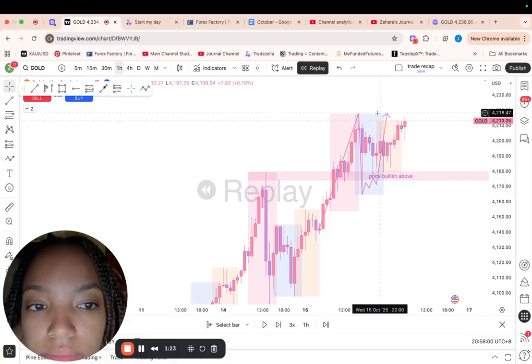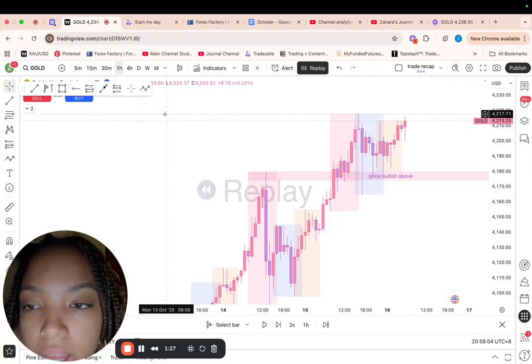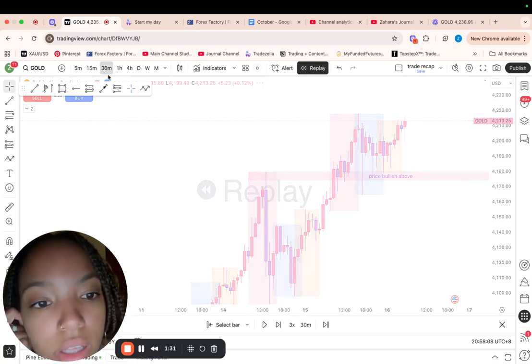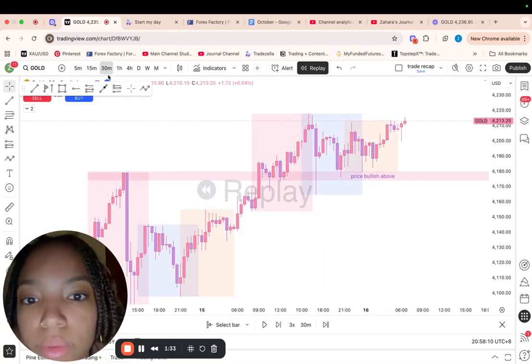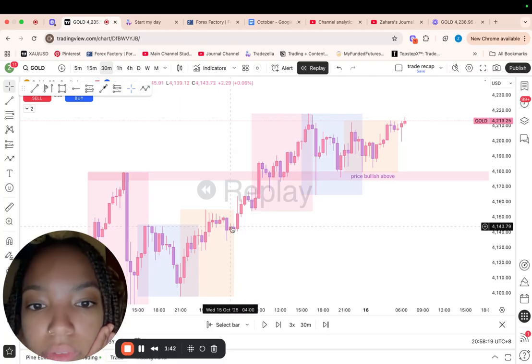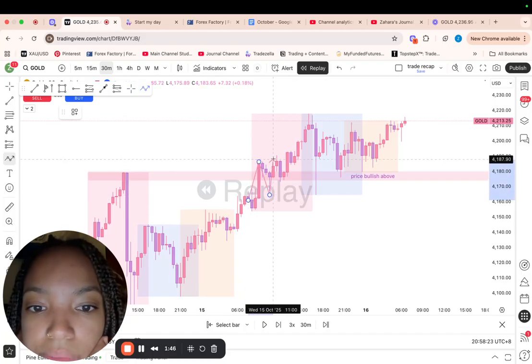But obviously you can see price went below the level, so I'm going to show you guys why I didn't take a trade even though price did enter below that level. So we'll go down to the 30-minute. I'm just going to go down from the 1 hour, because I showed you guys on the 1 hour. I'm going to go to 30, the 15, and then the 5 minutes, so that we can keep adding more information as we go. So we can see that price was making bullish structure.